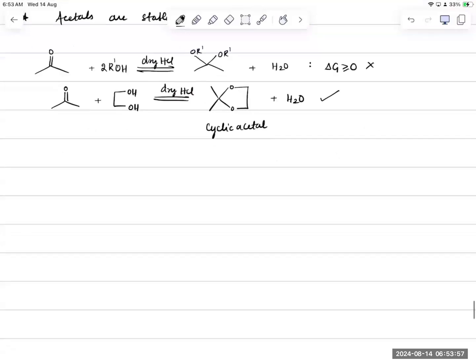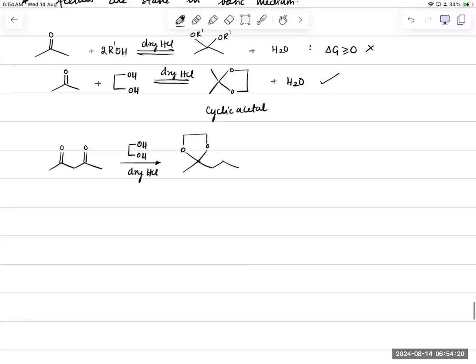Correct? That's why typically, suppose I have double bond O here and double bond O here, and when I treat this with a diol in the presence of dry HCl of one equivalent, then one of the locations will get locked. This is called locking the carbonyl group, and the other group is open. So from here,